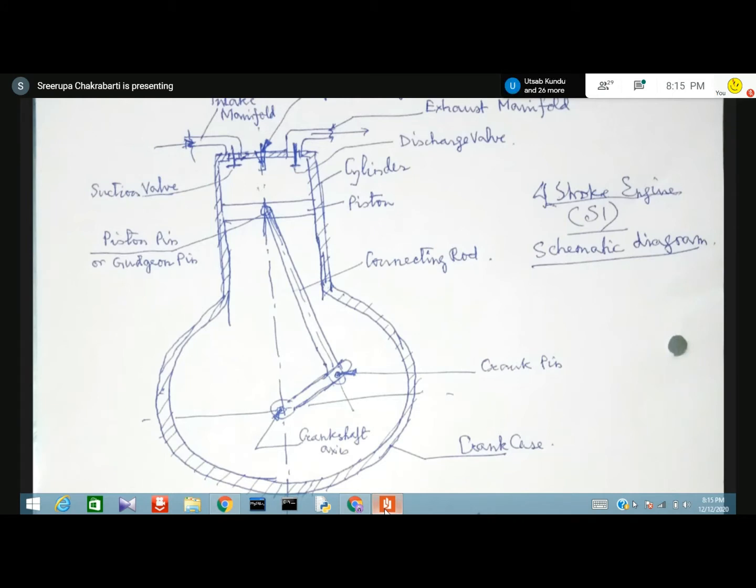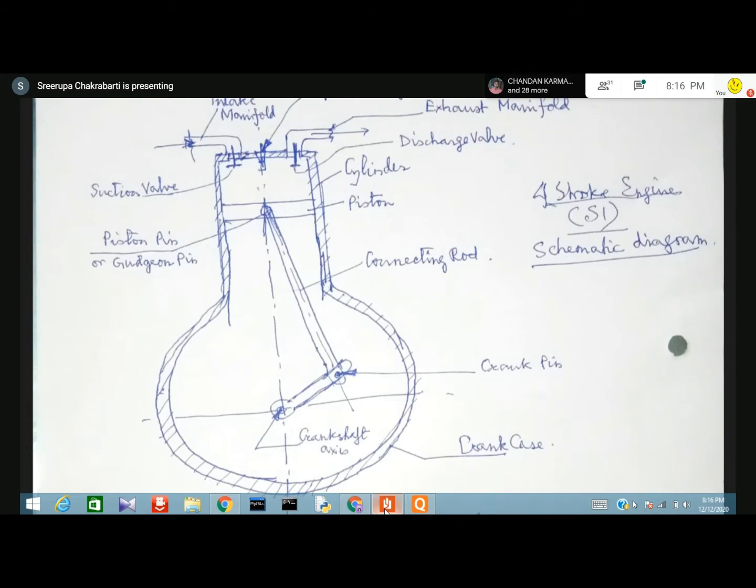The first thing is that you can see a cylinder here, the upper part, and then inside that cylinder there is a piston, which is again cylindrical. And there are two valves on the top of the cylinder. You can see the cylinder is closed on one side, and on that side there are two holes, and sitting on those holes are two valves. Now, actually, this is the disposition of the engine, how the engine looks. That is what we are now trying to tell you.